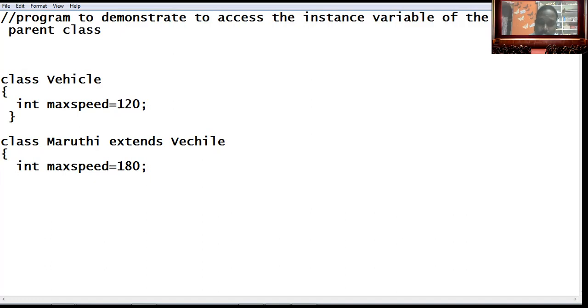So here I'm taking one method, void display, to display the speed.